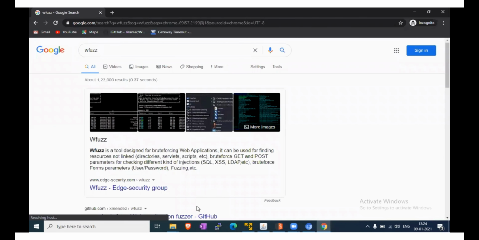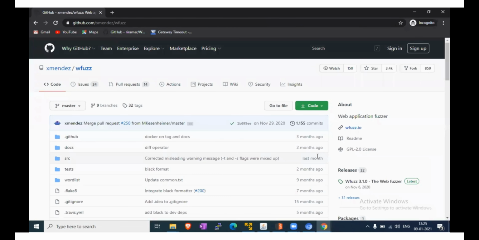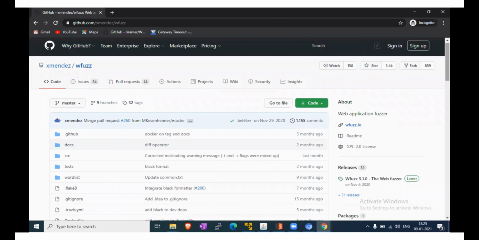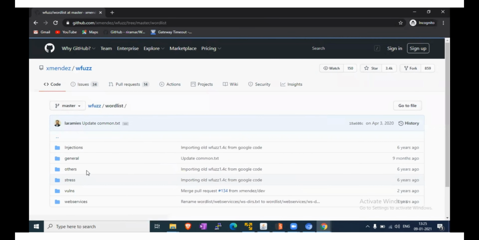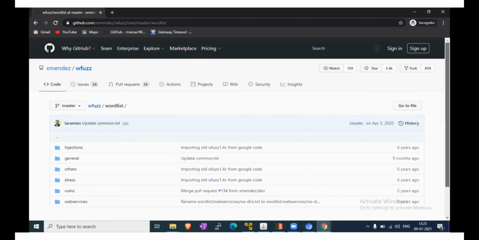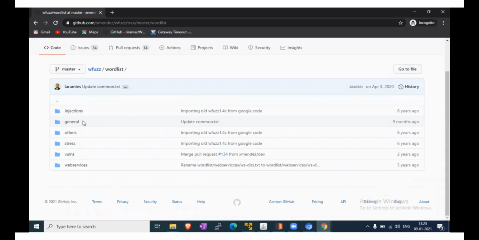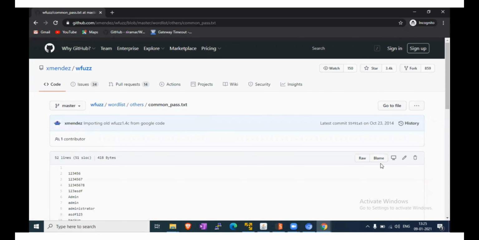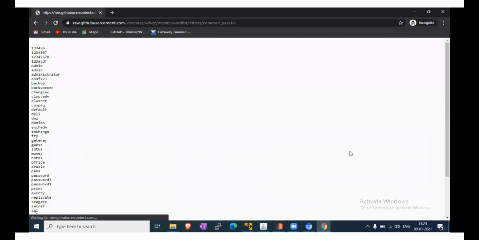We will use the payload of common passwords to fuzz the password and check the response if we provide a wrong or valid password. Common word list, other common passwords. Okay, so our payload is ready to copy and paste.